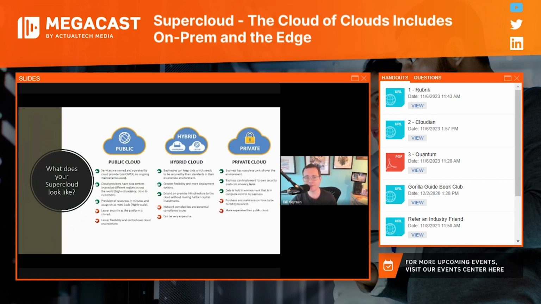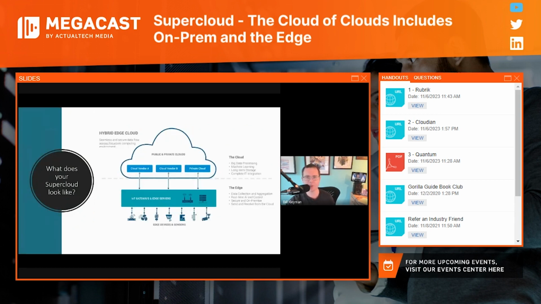So whether you're leveraging public, hybrid, or private clouds, understand that there's going to be pros and cons between all of these, right? Whether it's security, flexibility, whether it's maybe an expense or a cost, or even just having to maintain and manage your own environment, a super cloud does facilitate an easier method of working with really key and critical applications. And of course, we've got the edge as well.